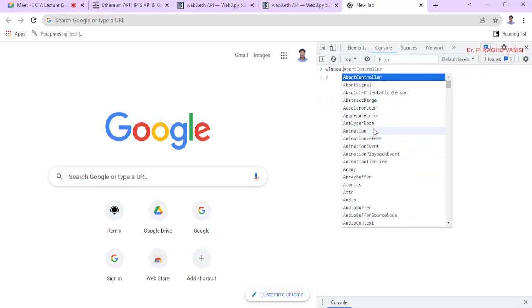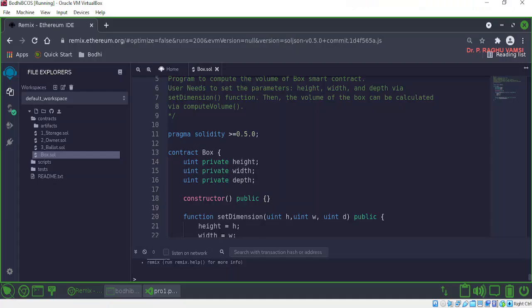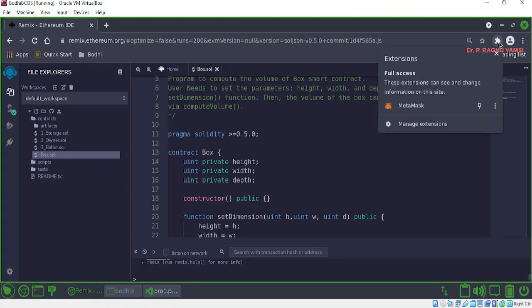So if an injected Web3 like MetaMask is installed as a plugin to the Chrome browser, we will find Ethereum. Okay, so here let us see Ethereum. Here Ethereum is undefined because it is not found in the browser, because I have not set up the MetaMask here. Let us go to the Bodhi Linux, in which I have already set up this MetaMask.